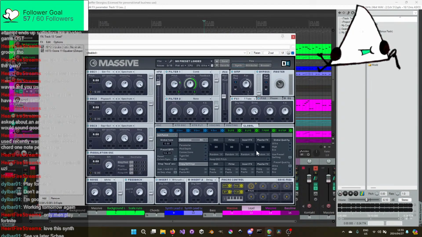I'm a genius. I've never used a macro on Massive yet. I've always just been fucking around with the baby shit. Okay, cool. This is great. Then we just need to do it slowly.